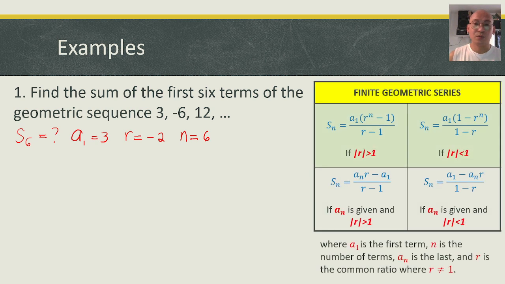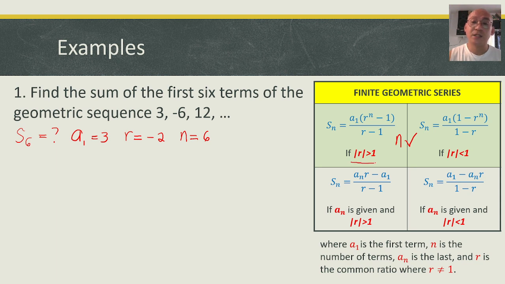So let us show the formulas that we are going to use. The difference between these formulas: on the first row, we are going to use this formula if the n value is given. If the n value is given, we will use these formulas. But there are two formulas. The difference between those formulas,